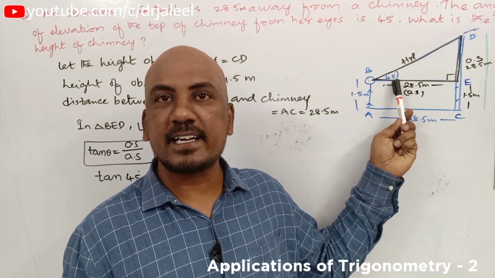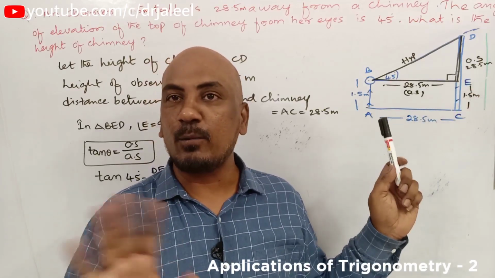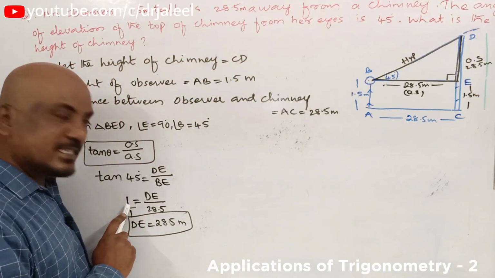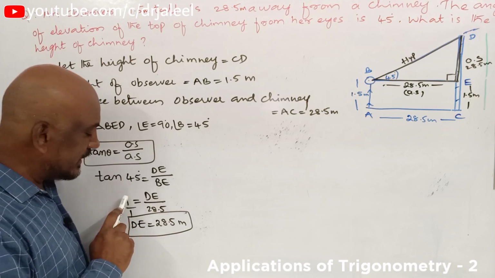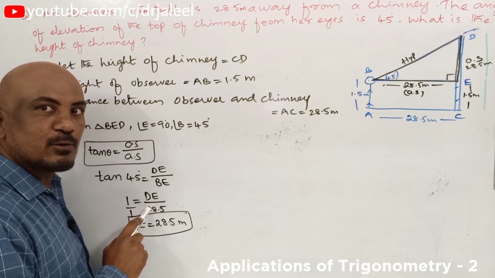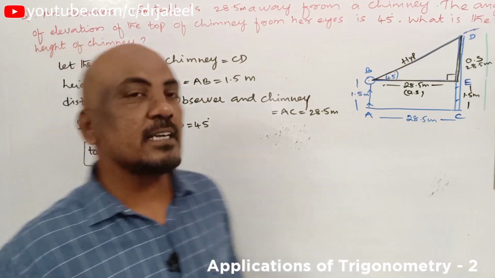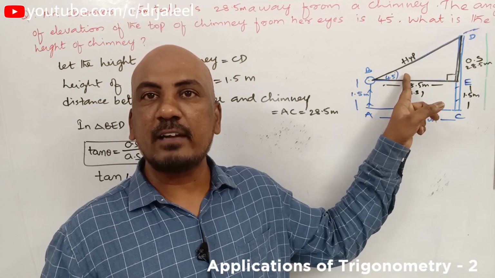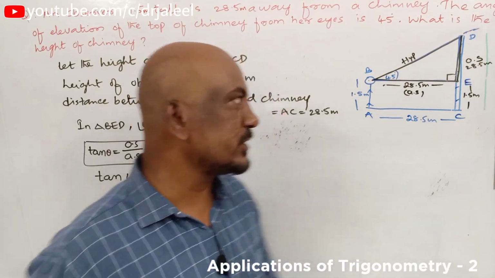So here children, one more thing you need to notice: whenever the angle is 45 in a right angle triangle, opposite side and adjacent side both will be equal, both will be same. Why will they be equal? So let us look at this one. 1 is equal to opposite side by adjacent side. So we get 1 when the numerator and denominator are same. That means opposite side and adjacent side both are same. Then only you will get 1. Then it becomes tan 45. So children, what you need to notice and put in your mind is that whenever the angle is 45, opposite side and adjacent side will always be equal to each other.